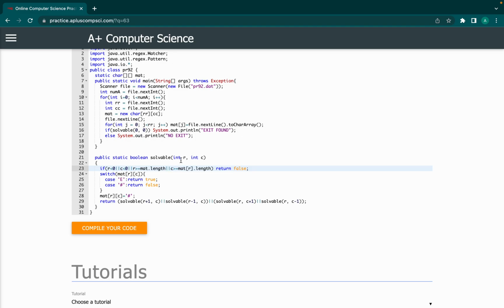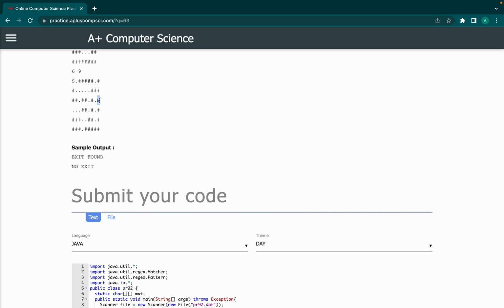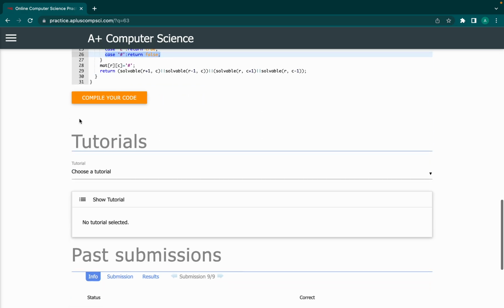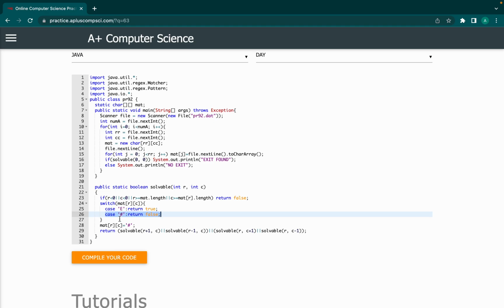And so basically what it's going to do first is it's going to check if it's within the range, and if it's out of range, then obviously it's not possible to get to E. And this, it checks if r comma c is E, and if it is E, then it returns true, because you can always get from this point to this point, and otherwise if it is a hashtag, and in this case a hashtag is wall, so that means that this specific thing is not a legal thing, like you're not allowed to be here right now, so it returns false,